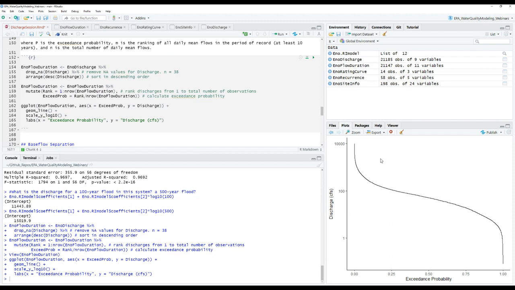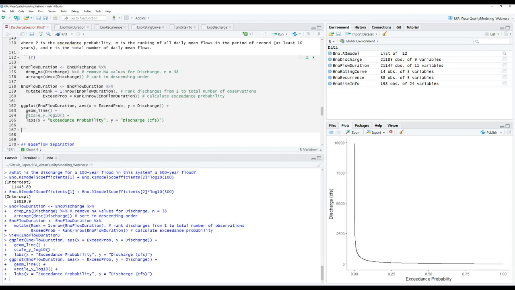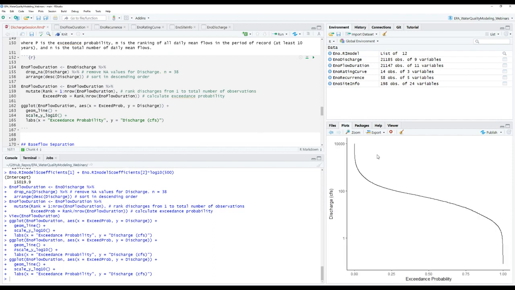So on that one, we get a really nice curve here where we're plotting the exceedance probability from 0 to 1. So this is basically our proportion or our probability from 0 to 1. We could think about a percentage if you multiplied it by 100. And then this is just looking at our discharge. This is in log space. You could think about plotting it not in log space. See what that looks like. It looks a lot more like an L, whereas if we plot it in log space, we get this nice S-shaped curve.